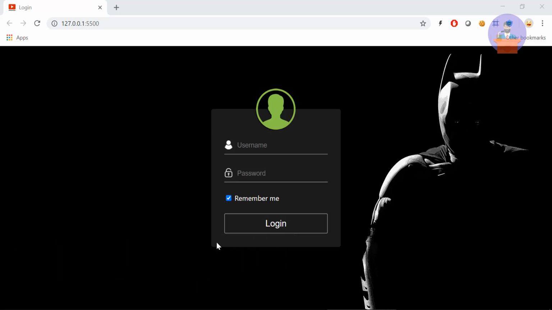In this video I will show you how you can create this login form. Inside this login form we have a nice black background, and when I focus on any input, you see the transition of border color to green, and when I hover on the login button you see the nice transition from gray to green. So without wasting any time, let's get started.